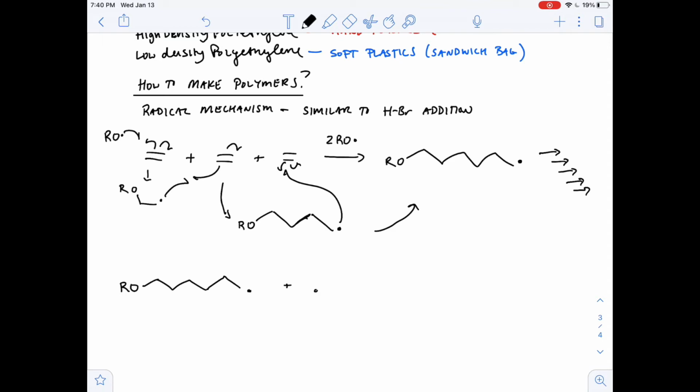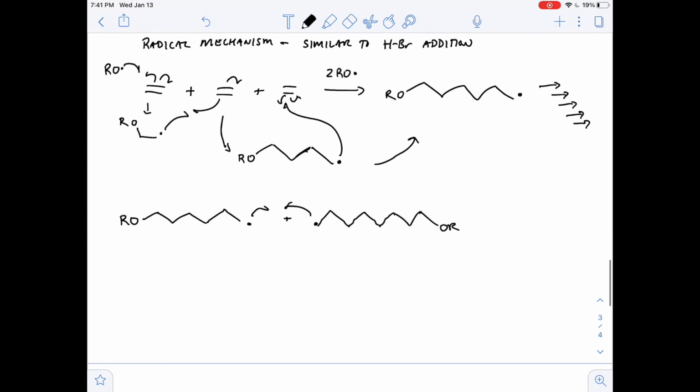So let's say we took this guy and then we did that propagation step over and over and over again, and then along comes another one of those guys, and they're like, "What's up, dude? Let me hang out." And then they do hang out, and they become one, and they get married, they have kids, they get a dog,